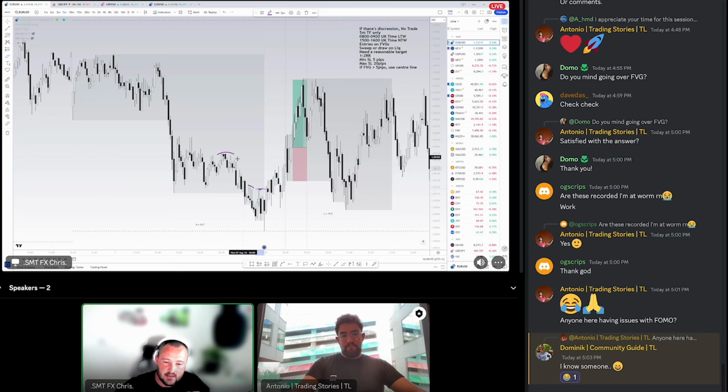I like to see some nice, clear, defined structure like this before I start saying, right, now we have turned bullish. So at that point, we can see we have turned bullish from this point here. Like I said, if you wanted to class this down here, I would say that's a bit more aggressive, but either way, this one or this one, we can now see we've got some bullish momentum. We've got a candle closure there. I love to see a candle closure. I don't like to use wicks because for me, that doesn't show that there's commitment that price wants to stay above that high or below that low.